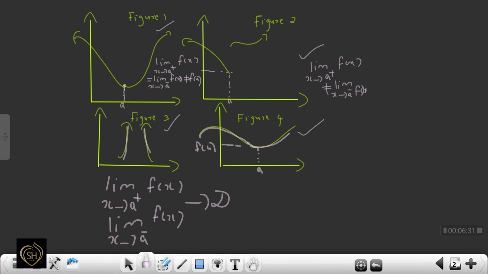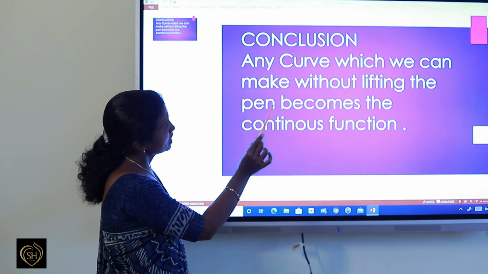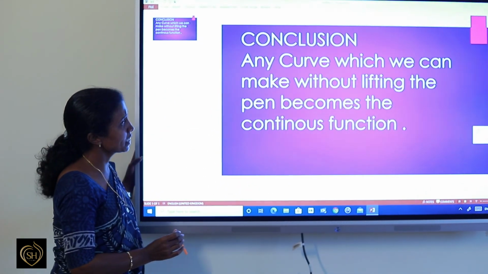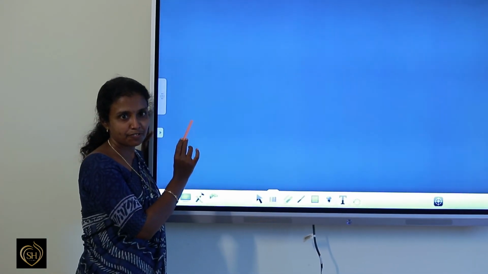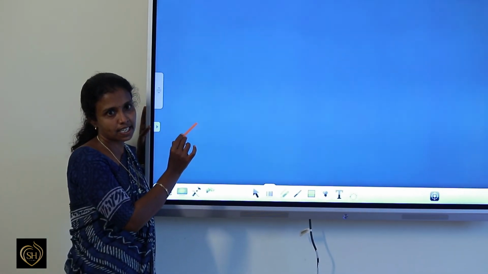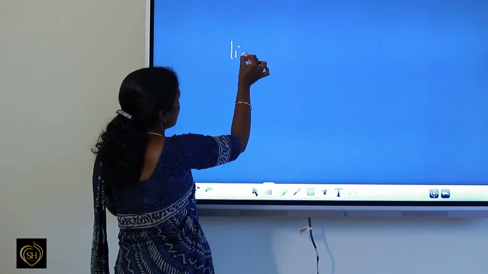That is, in this case, limit x tends to A plus f of x equal to limit x tends to A minus f of x equal to f of A. Let me conclude. Any curve which we can draw without lifting the pen becomes a continuous function. That is, a function f of x is continuous at the point x equal to A, then limit x tends